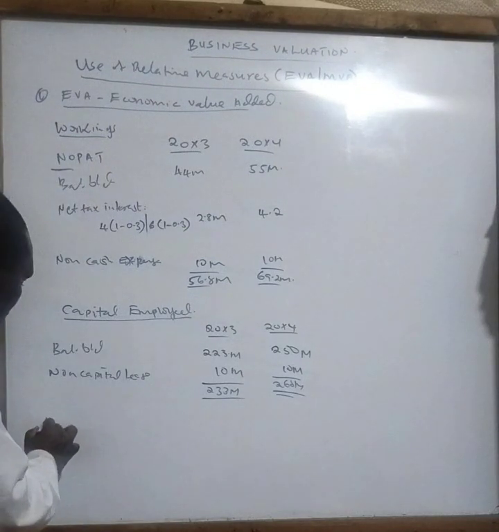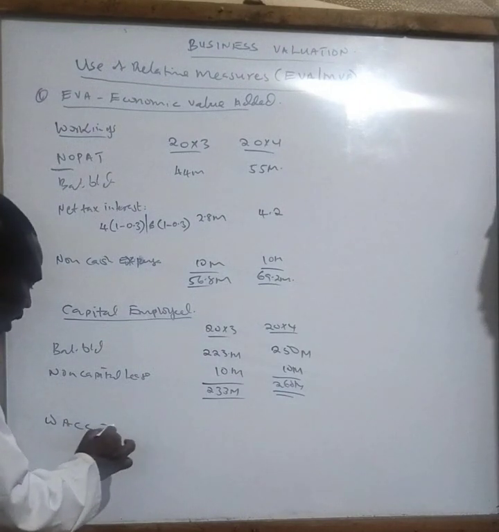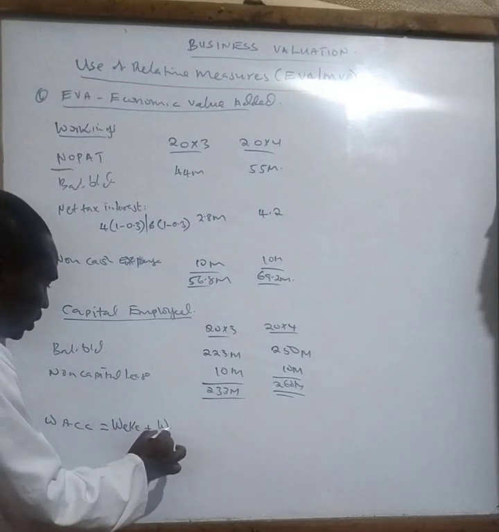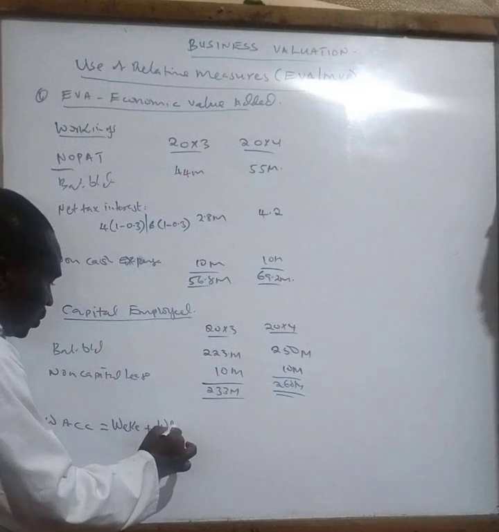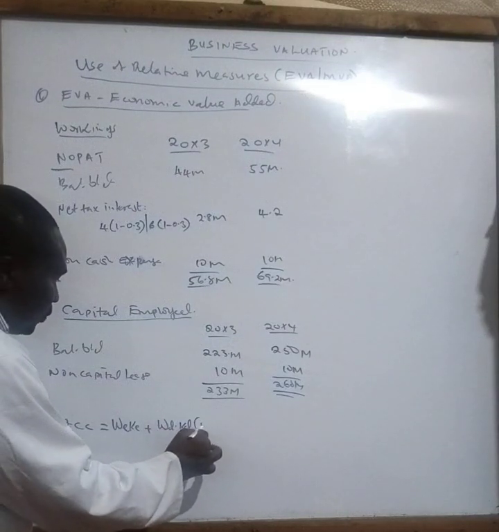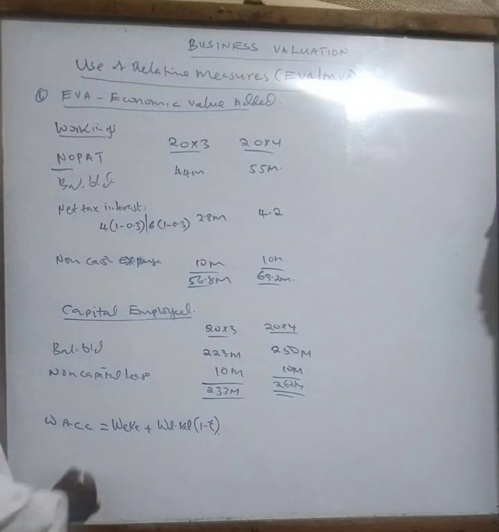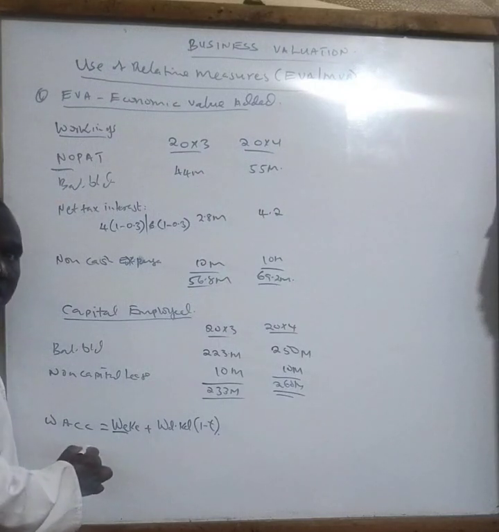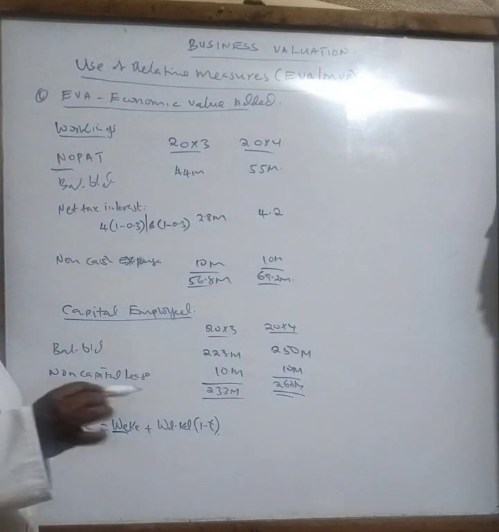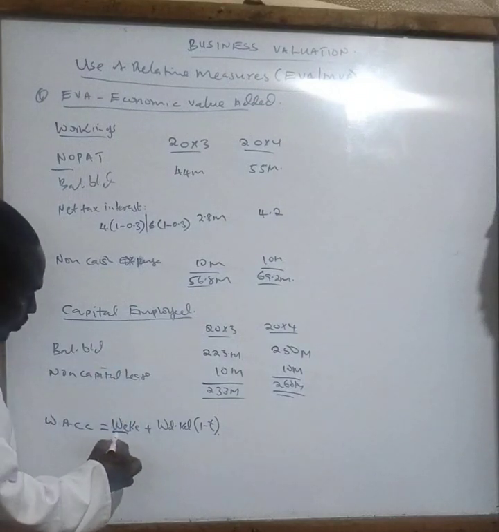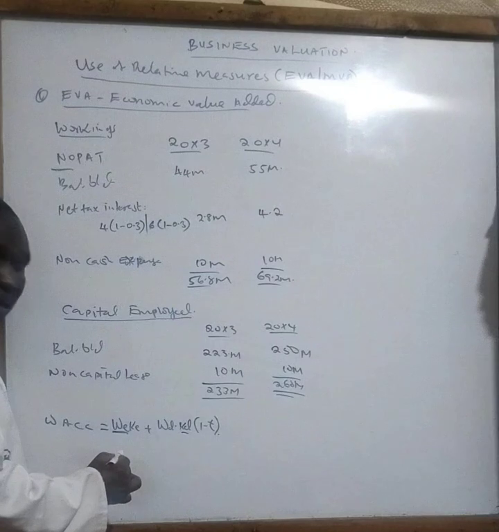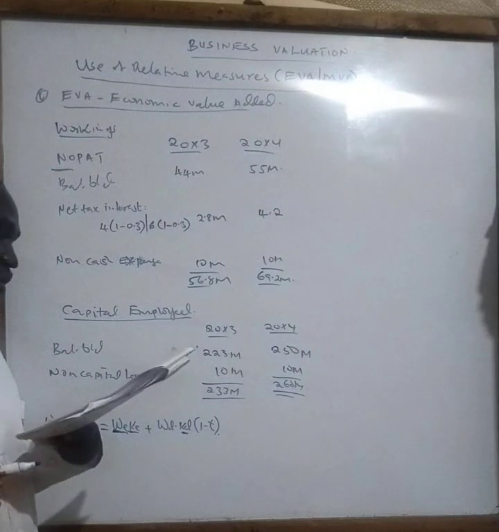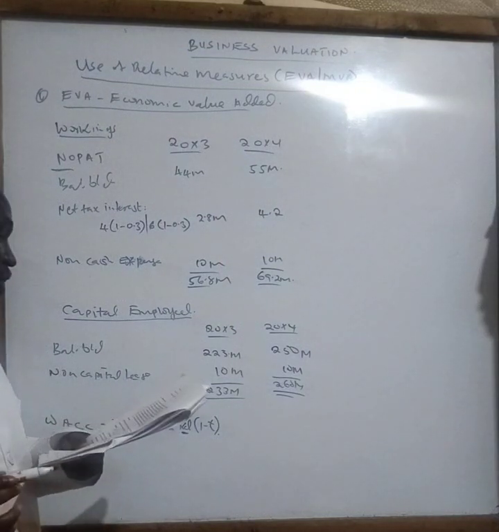So we can now say weighted average cost of capital is given by weight of equity times cost of equity plus weight of debt times cost of debt, but is affected by what? Tax. We shall be discussing this one under cost of capital, so don't worry about it. So this is the weight. In this question we have been told that 60% is equity, then 40% is debt. So where we have the weight, you put now the 60%. 60% here, 40% here. Cost of equity, you have already been given in additional information number C and D. So we are going to replace it now.